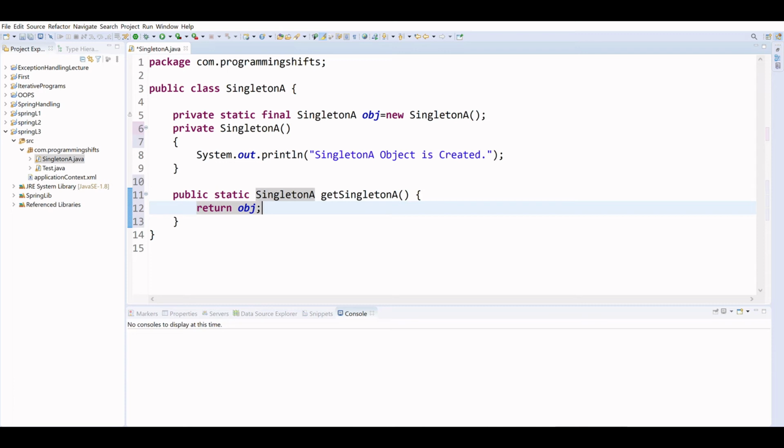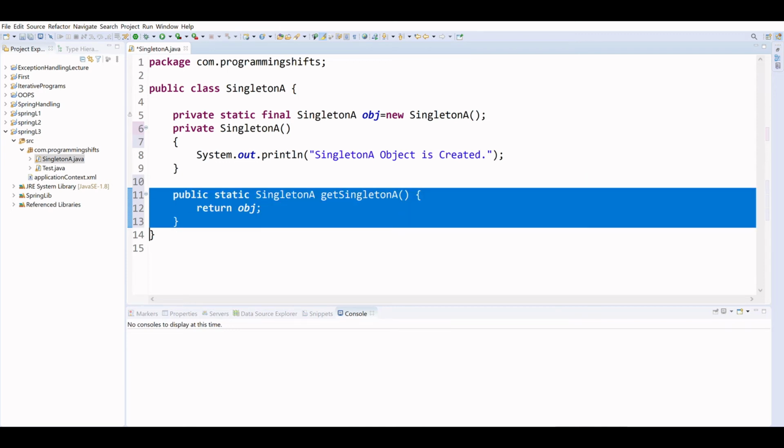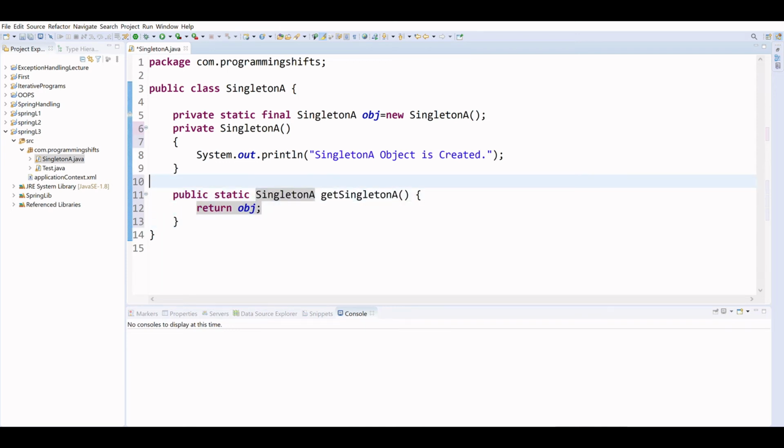This is the very basic concept of a singleton class, and in the singleton class we have used a factory method. This is the factory method in the singleton class, and we are going to use this in our application. So we have created a very basic singleton class.